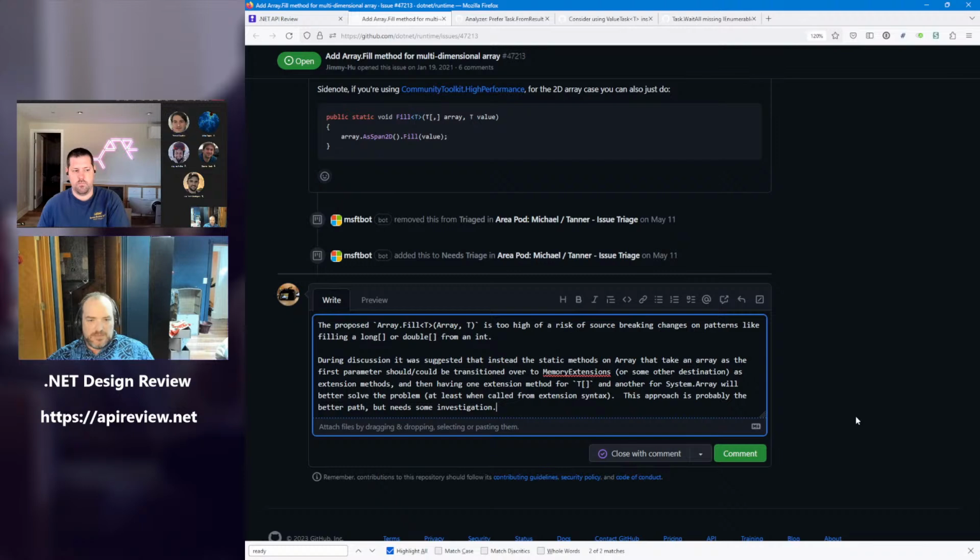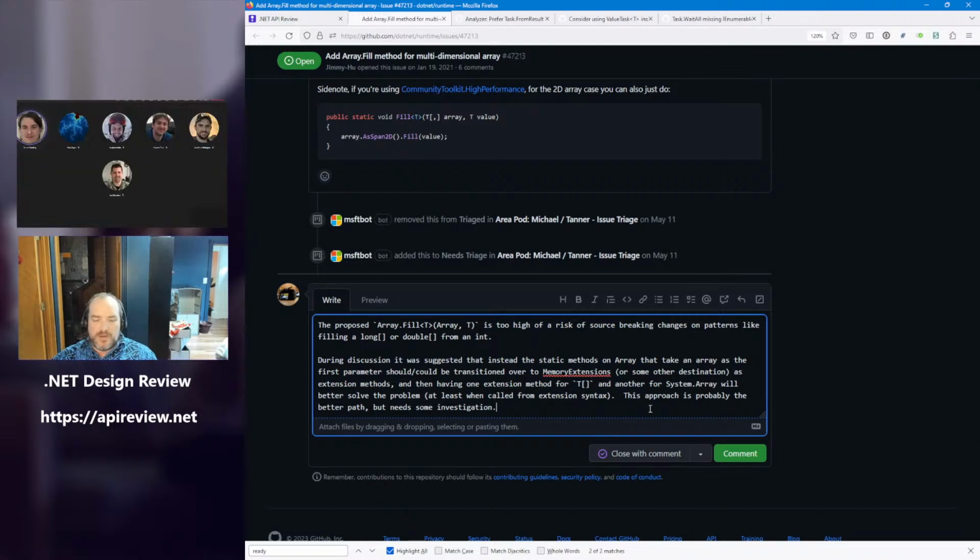It may still end up being a problem with long or double comma int, but we can at least check that, and if it is, we can make the decision of, let's expose the two-dimensional case and give users a pattern for which they could define their own higher dimensioned extensions.